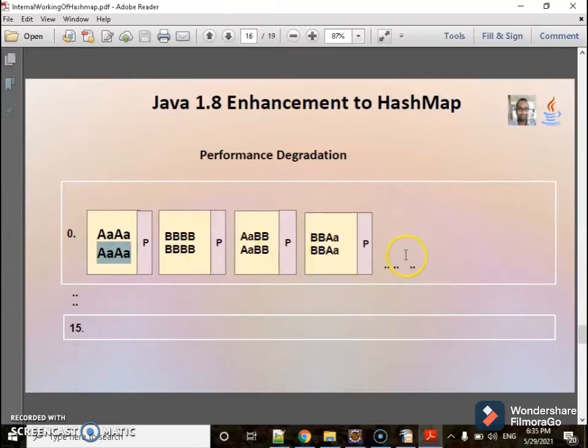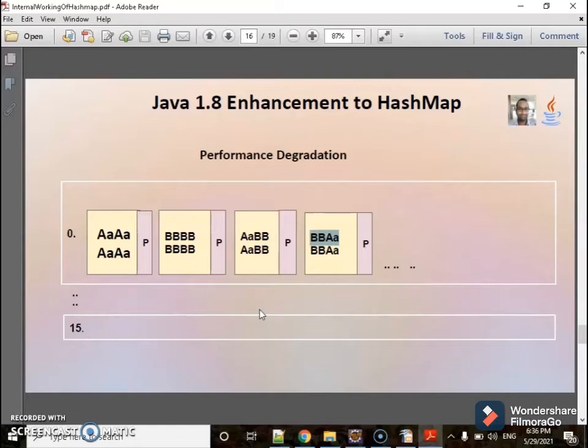When we are trying to get an entry from the 0th bucket, then control has to traverse one entry after another entry. So this is a performance degradation. If I want to find the 100th element in the 0th bucket, then it has to traverse through 99 elements, meaning 99 nodes. So this is performance degradation.